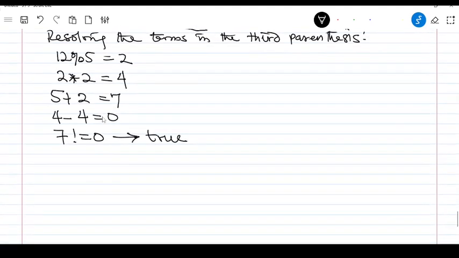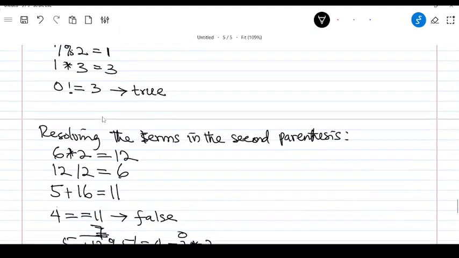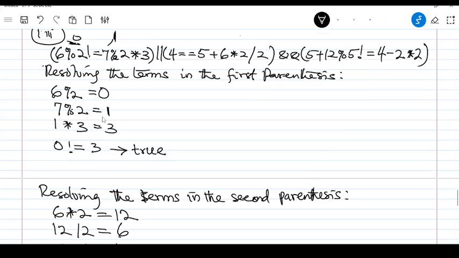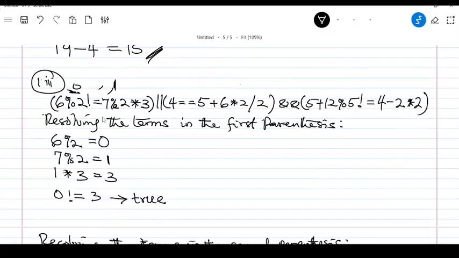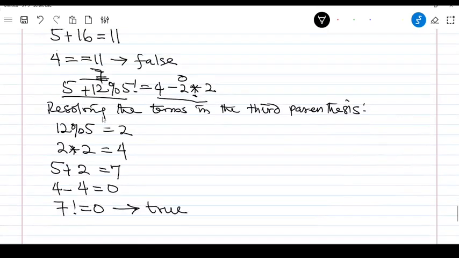Okay. So you're now going to plug this all into this particular expression. So here now becomes, here is true, here is false, and here is true. Okay, so we're now going to say